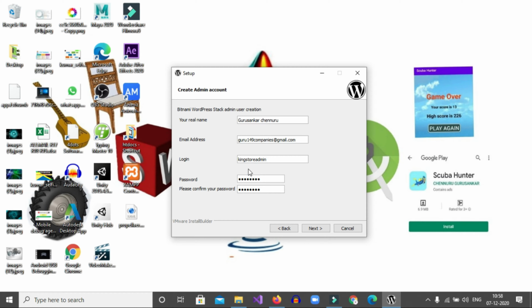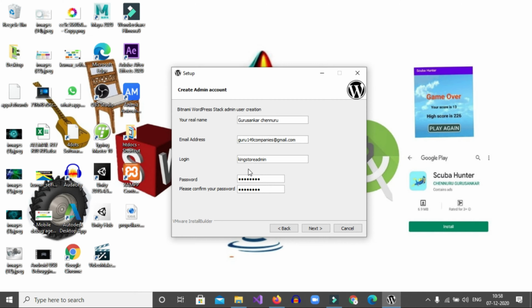Okay, I am giving King Store admin and a password. While giving the password, we need to give only alphabets and numerics. And in login, we need to provide only small letters. We don't have any chance to provide capital letters.